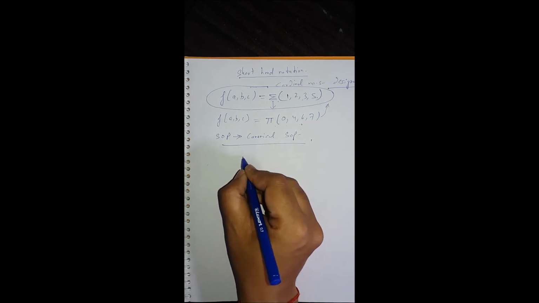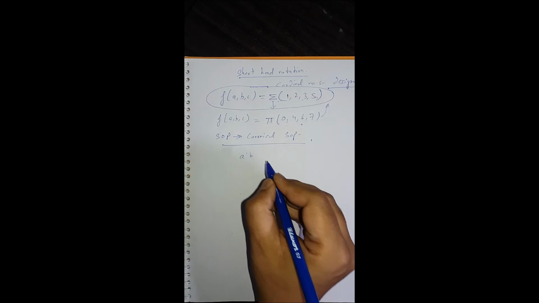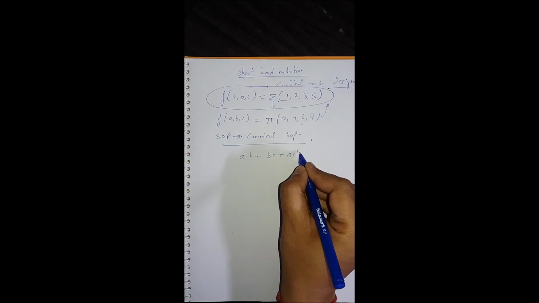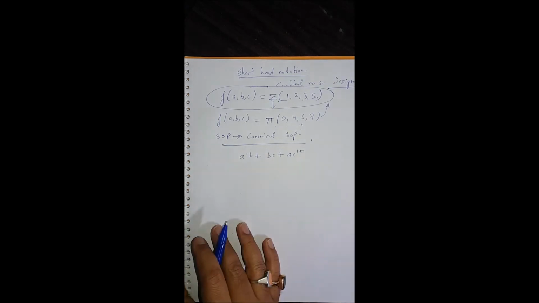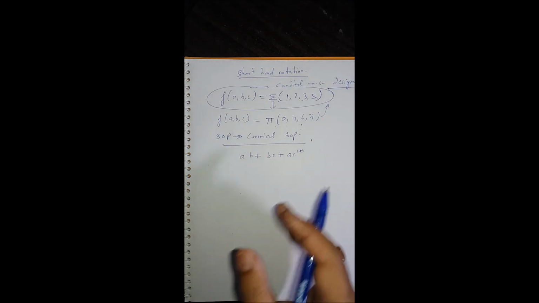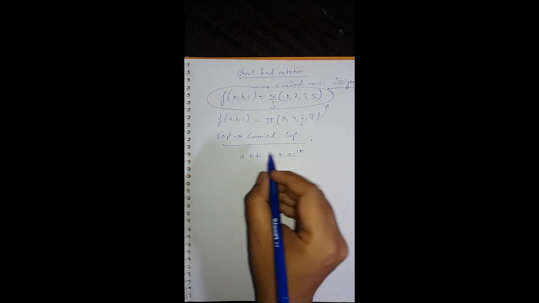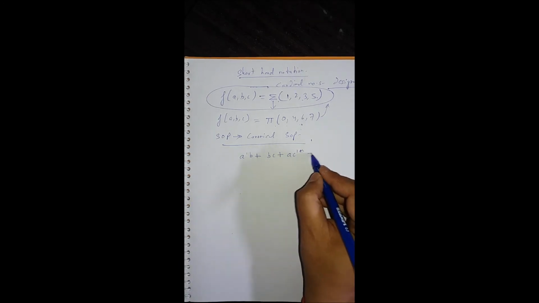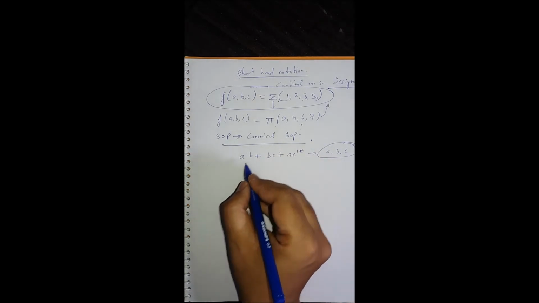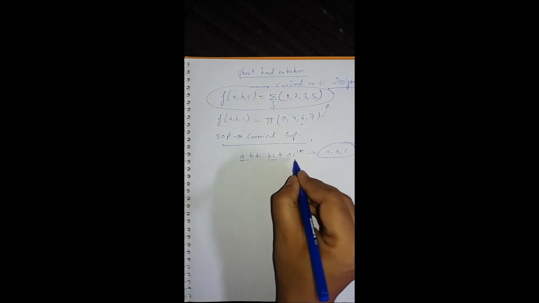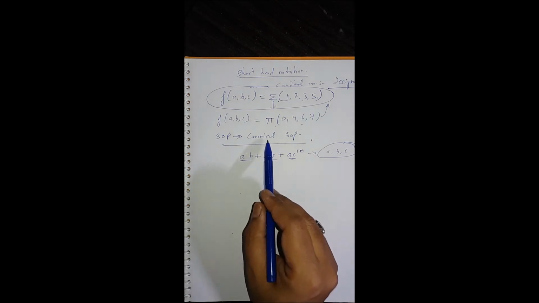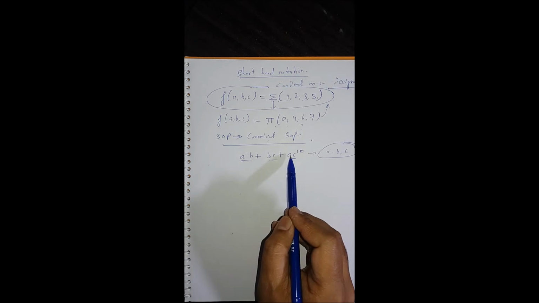Let's say we have a simple sum of products expression as A naught B plus BC plus A C naught. Now, if you have to convert this to canonical SOP, what's the procedure? See, this Boolean expression consists of three variables: A, B, and C. Now, if you see these three terms, none of them is a min term, and to get a canonical SOP, we need all these three terms to be min terms.